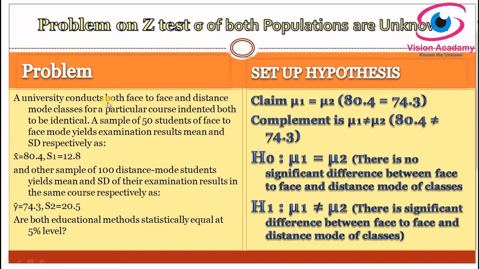Also, we have to decide the appropriate test statistic for this problem based on the given information. So we want to test the null hypothesis regarding two population means when the standard deviations of both populations are unknown. So we should go for a t-test if the population of differences is known to be normal. But it is not the case since the sample sizes are large, that's n1 and n2 are larger than 30. We can go for a z-test.